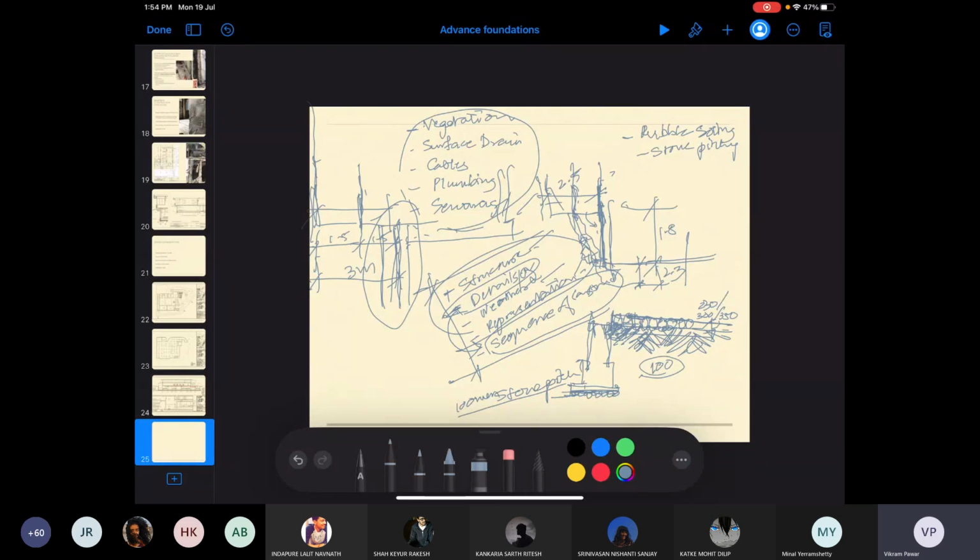Any guesses? This is very important because these are the first layers of any foundation, whether it's a continuous footing, a pad footing, a raft, or plinths. These steps become important, particularly in RCC and masonry.